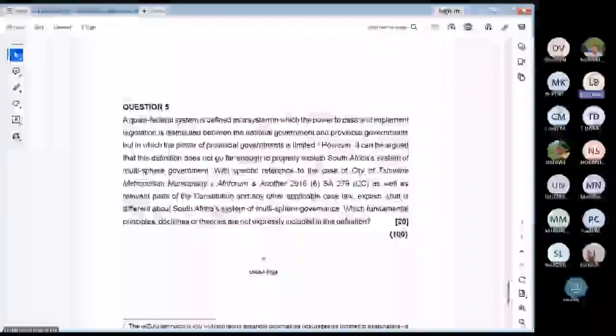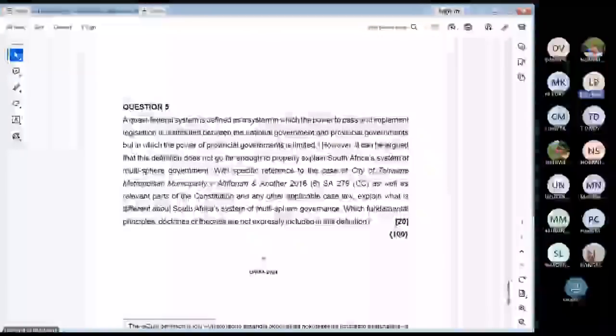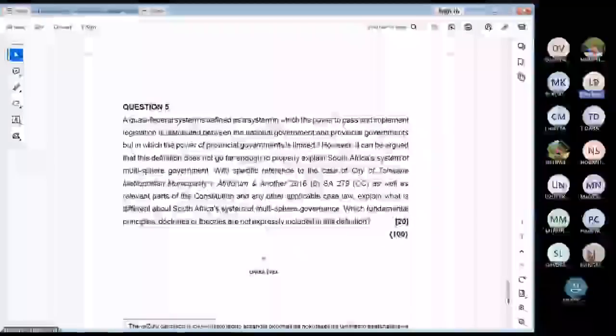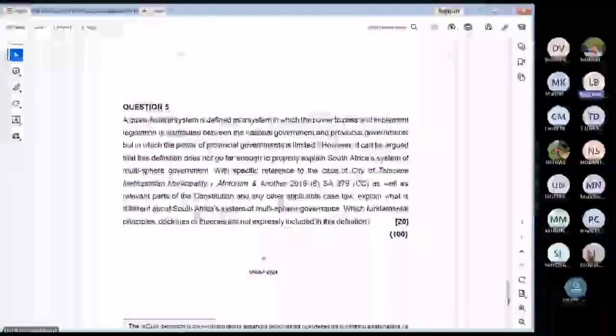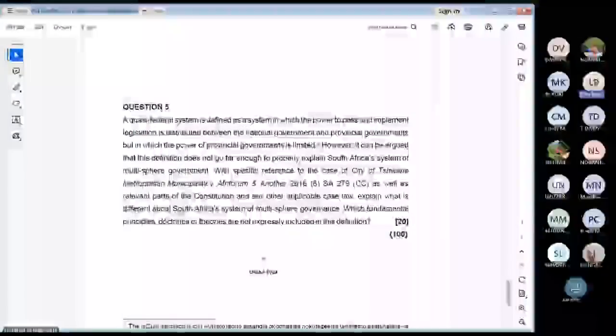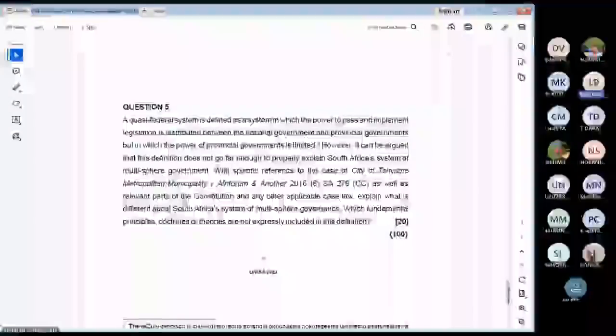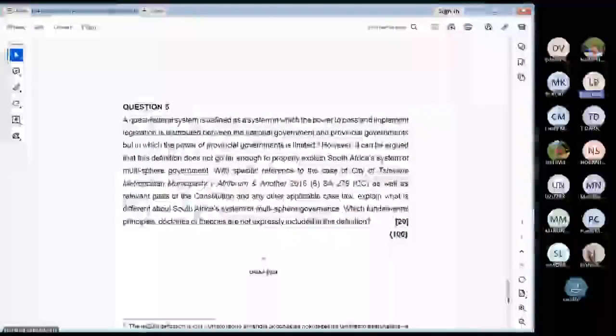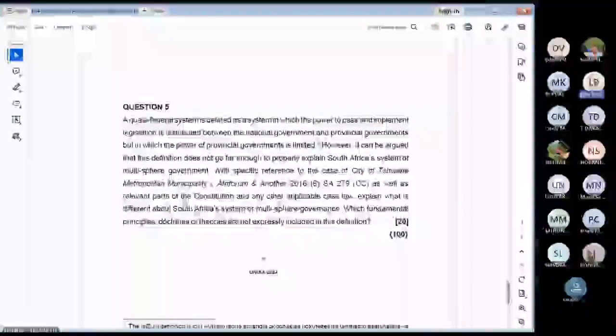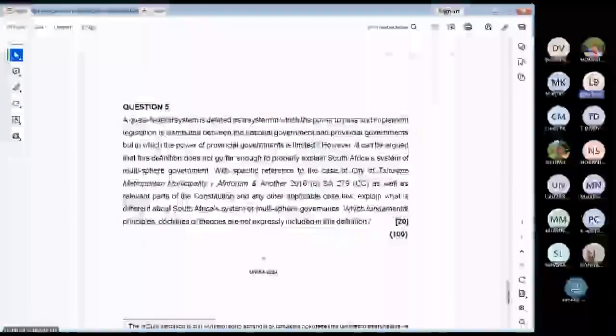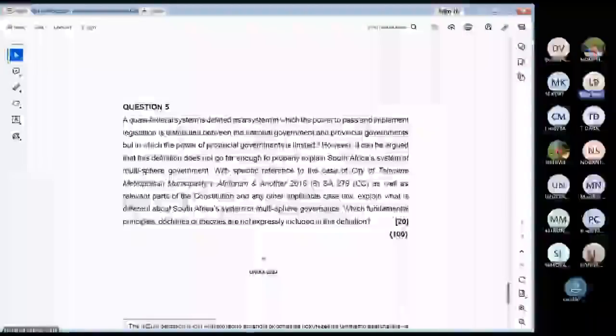We learn that the characteristics of this multi-sphere governance are a strict division of power between different spheres, where each level has exclusive powers and few concurrent powers. Some matters are exclusively allocated to one sphere, and most matters are concurrent, and implementation is done by different spheres or different civil services or state departments, by provincial or local government. And each sphere has its own constitutional functions and powers,